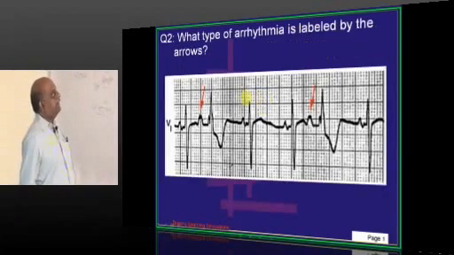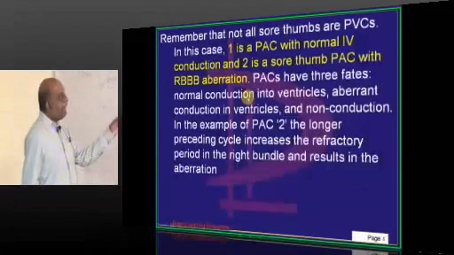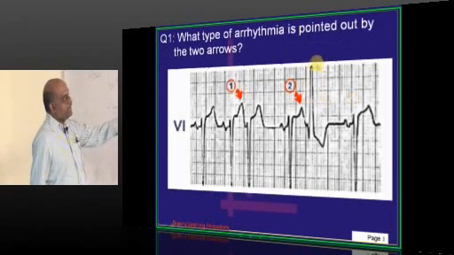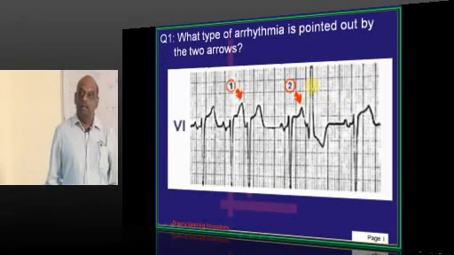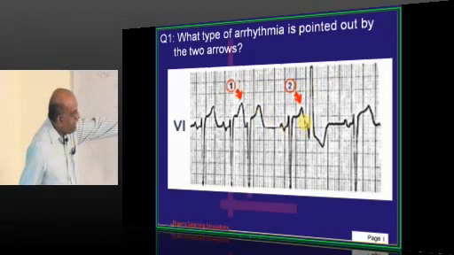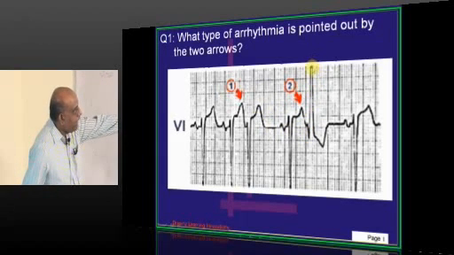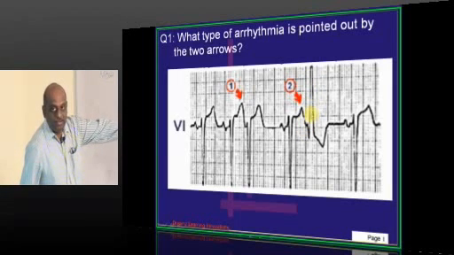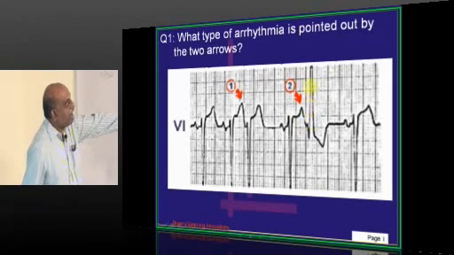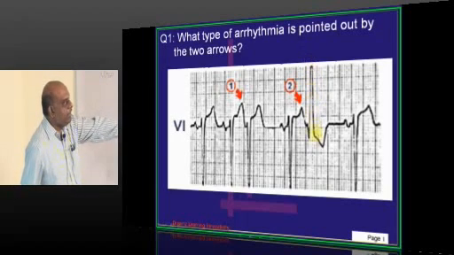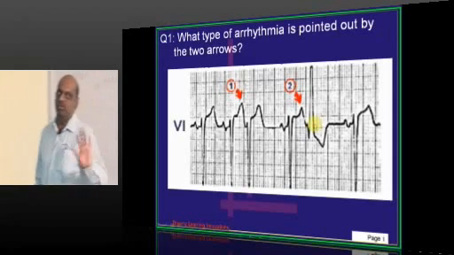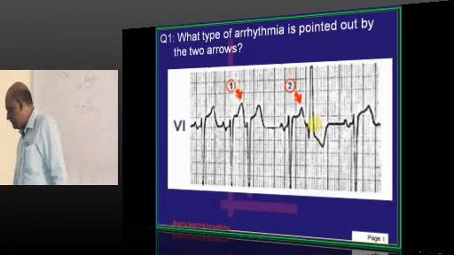So what happened because of this premature atrial complex to the QRS complex over here? The QRS complex developed an R and a notch, an RSR pattern. So whenever the R wave becomes very prominent, normally do you see such a prominent R wave in lead V1? No, don't worry, I'll tell you.